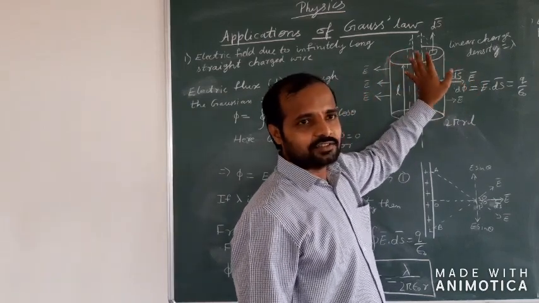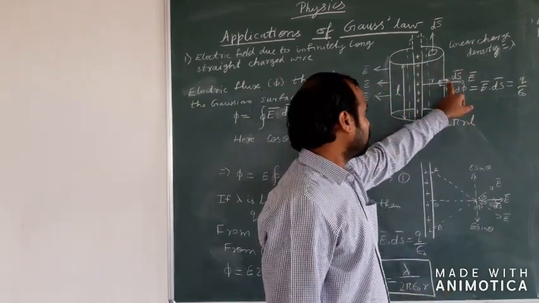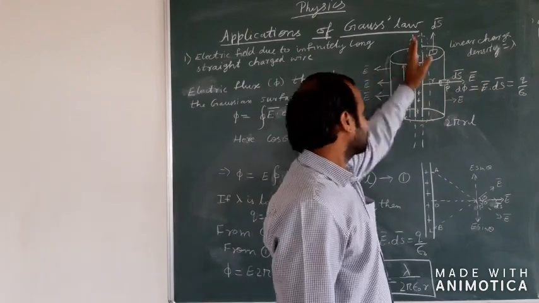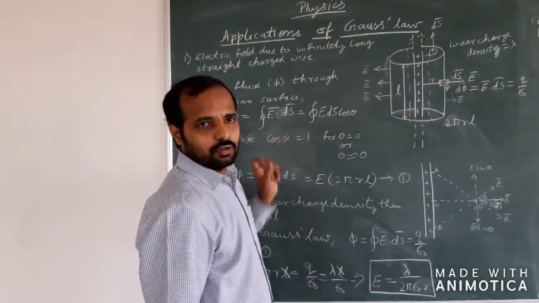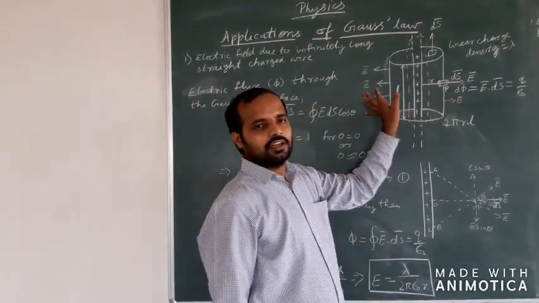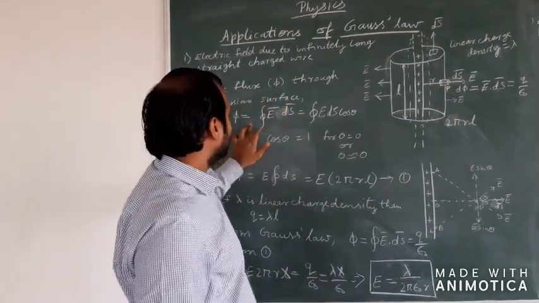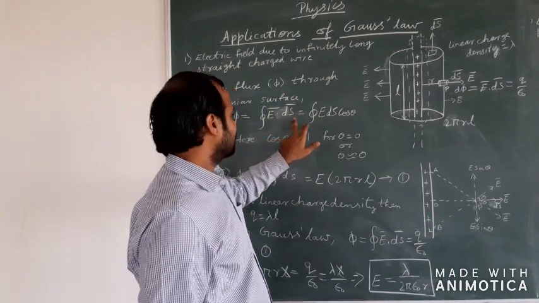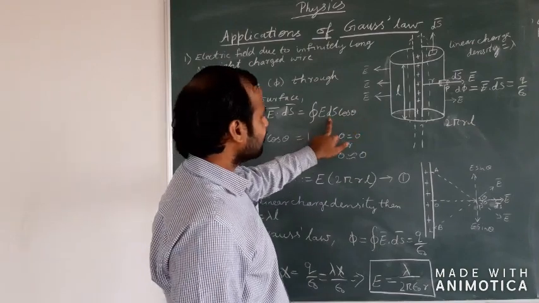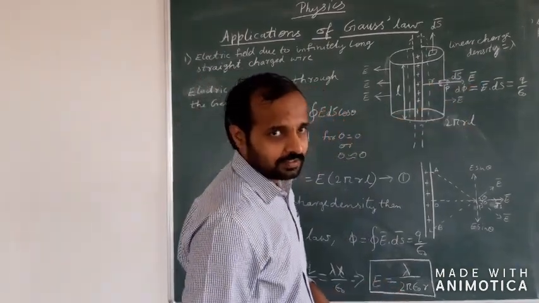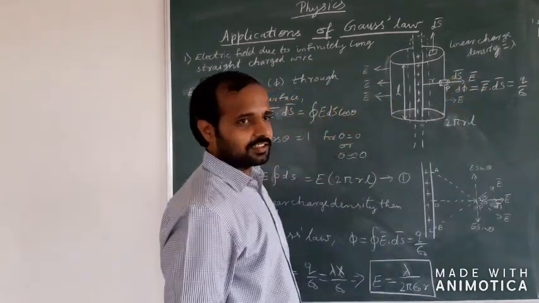In case we consider the entire cylindrical surface, then for the total electric field at this point due to the charge on the conductor, we have to take the closed integral. That is, we have to find the total electric flux throughout this surface. So we can take phi is equal to the closed integral of E bar dot ds bar, equals the closed integral of E ds cos theta. Now remember one thing, ds is the area vector. That is, here at this point the area vector is obviously in this direction.